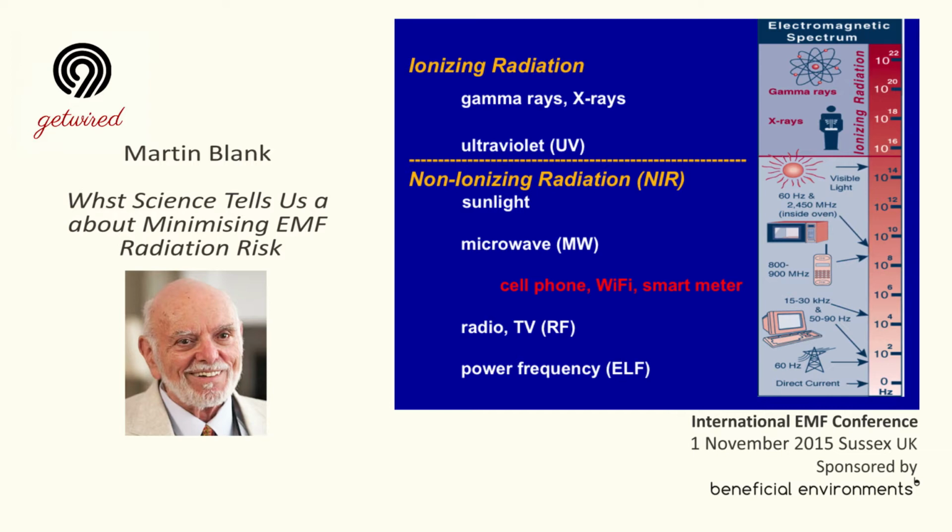The difference is that the non-ionizing does not have enough strength to pull electrons from atoms, but the ionizing one does, and that is very dangerous. We know that ionizing radiation can cause harm, and we've been accustomed to that and prepared for that. We protect ourselves from X-rays. That's one of the things that everybody knows. And we also know that ultraviolet light is something that can damage us,